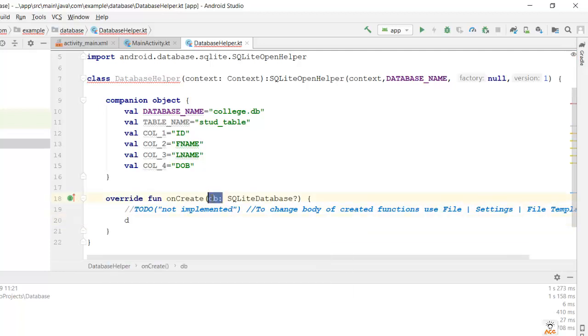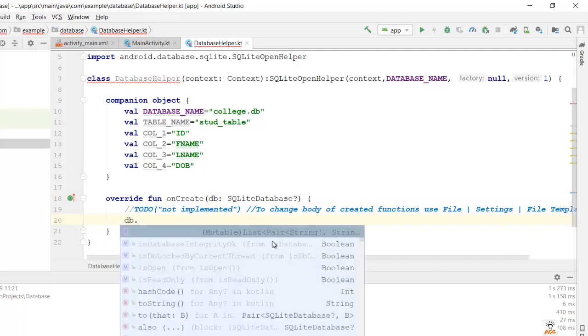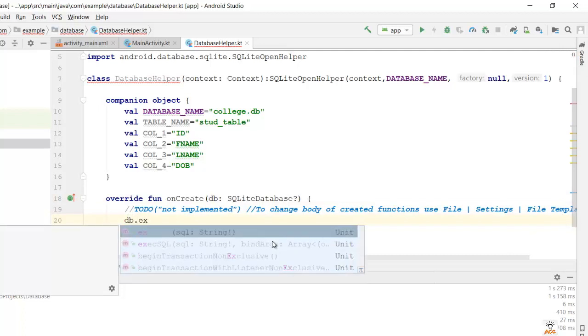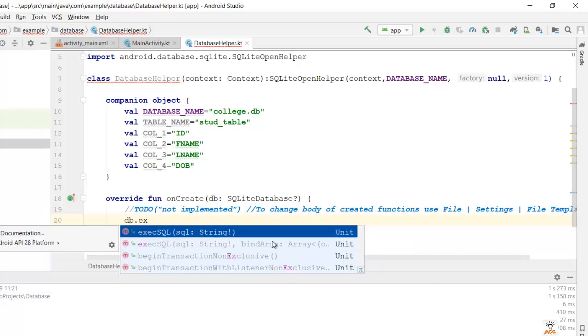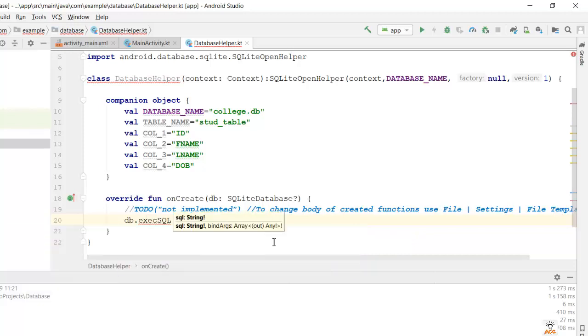We'll use this db over here, db dot, to execute query we have execSQL, the first one, and we'll write the query. So the query to create a table is create table,